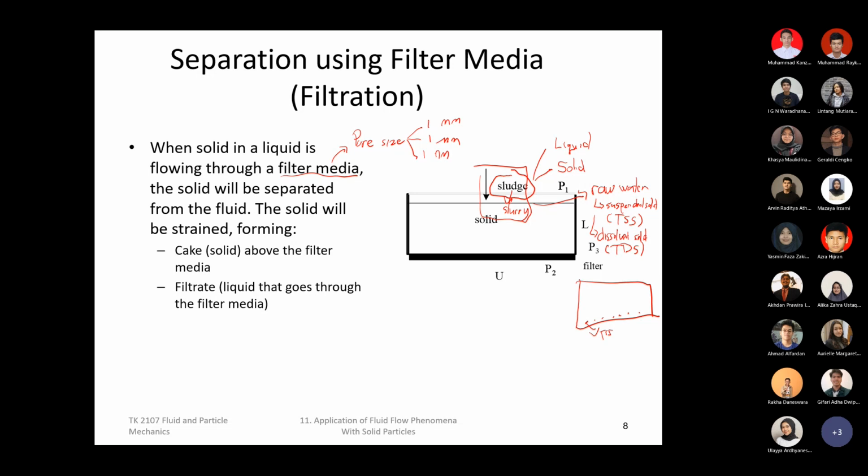But don't forget that all of these are actually minerals, whether that's a metal or any other kind of mineral that has some solubility inside of the water. So when we're talking about TSS that physically looks like a particle, don't forget that the TDS ones are actually mixed all together in the main liquid form, because it's still dissolved, still below the precipitation limit. If you remember the basic chemistry, the Ksp calculation, the solubility one.